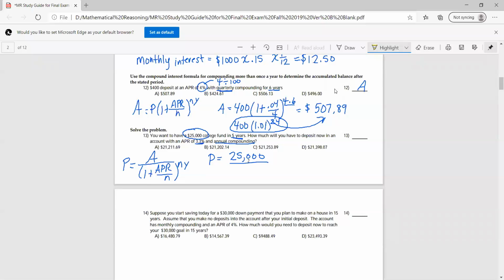Okay, so on the bottom, we're going to have 1 plus, now remember that this 3.3, you can't just write 3.3. You need to do 3.3 divided by 100, which ends up being 0.033. So this is going to be 0.033 divided by 1 because we're only doing this one time per year. And then you're going to raise it to 1 time per year times 5 years. Okay. The answer is going to be